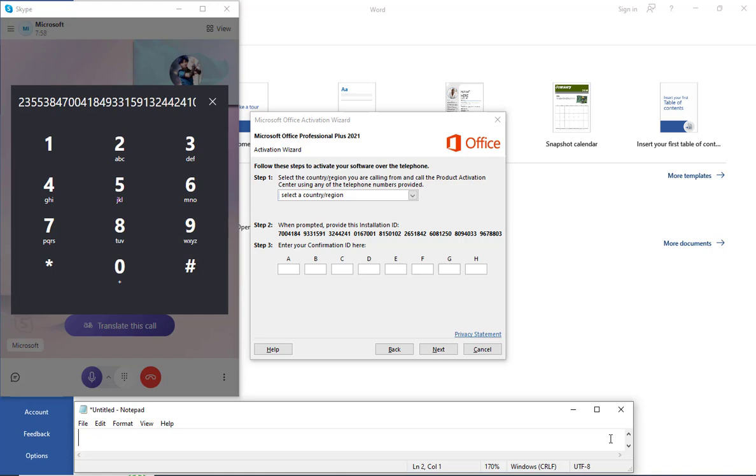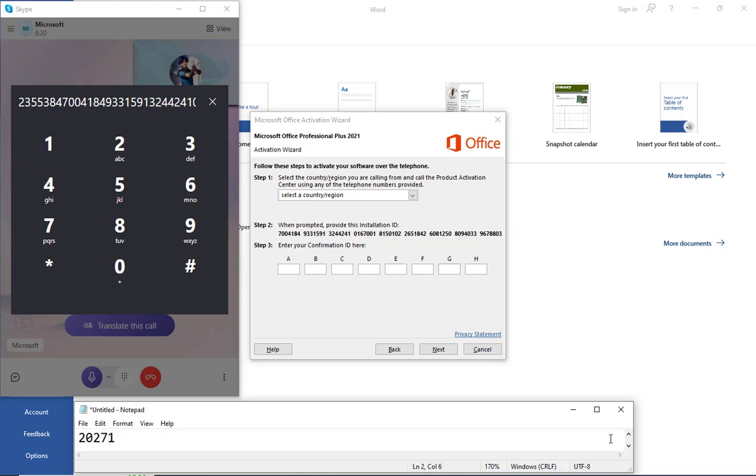Your installation ID was successfully validated. To complete your activation, I will now read you your confirmation ID. I will read you your confirmation ID in 6-digit segments, which you will need to enter into the empty blocks on your activation window. Please let me know when you are ready for me to start speaking your confirmation ID. Yes, I am ready. Okay, in block A, please enter